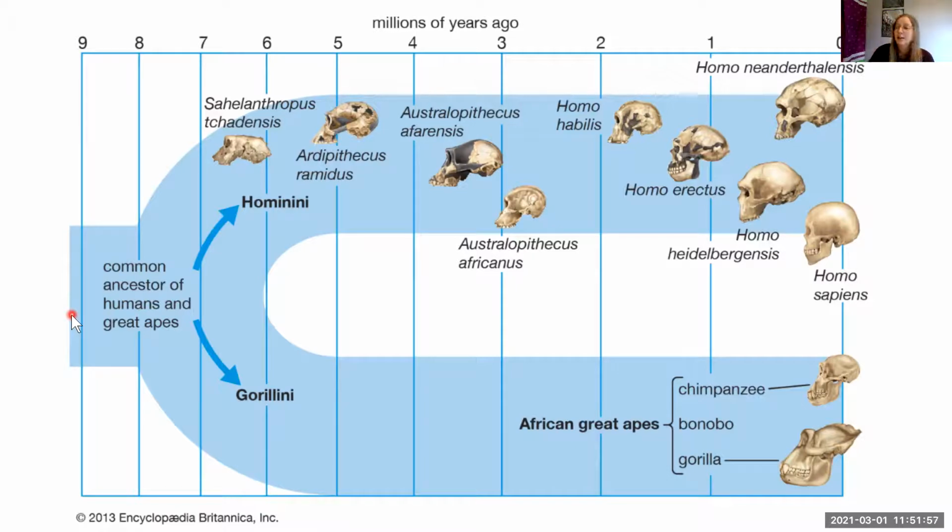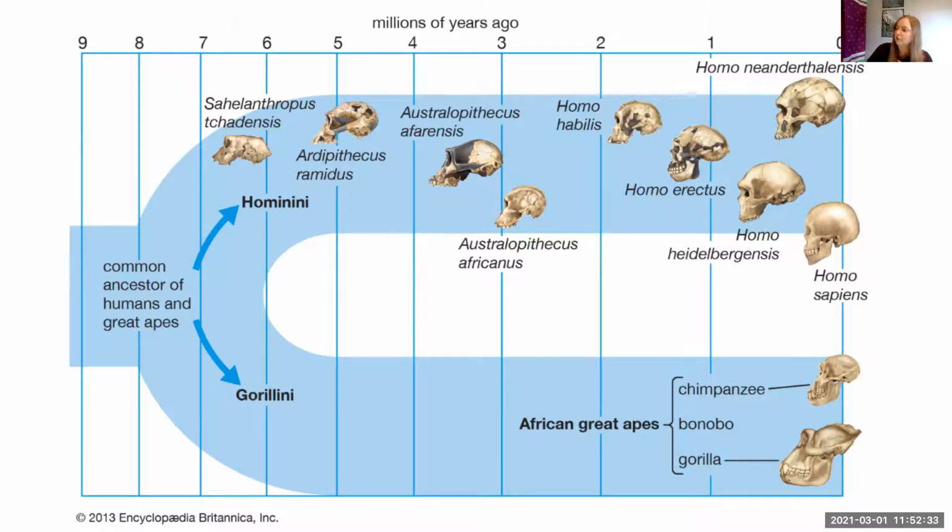Up at the top, we have our time scale, millions of years. We have some outgroups. Then we have another one. Then we have Australopithecus. And then around 2 million years ago, we have our first Homo. So the first species in our genus evolves. We think it might be one of these little friends here. They're putting Homo habilis first, but this is not a complete table. This doesn't show all of the species in our genus.